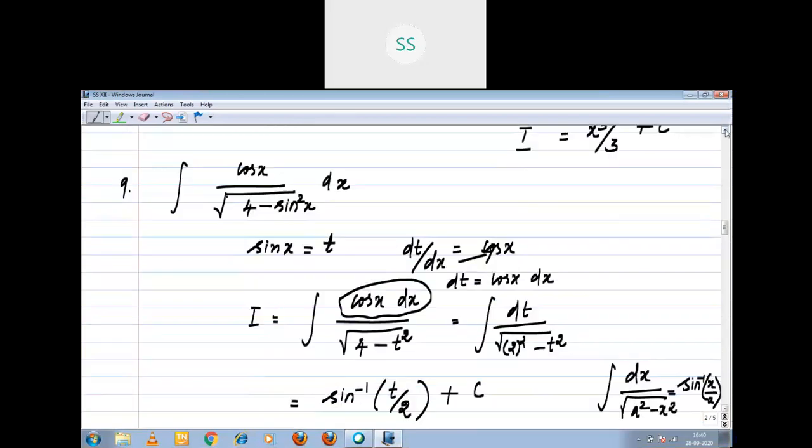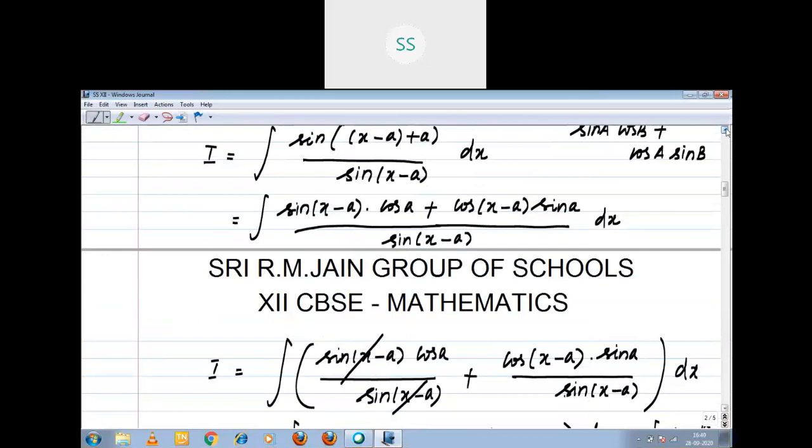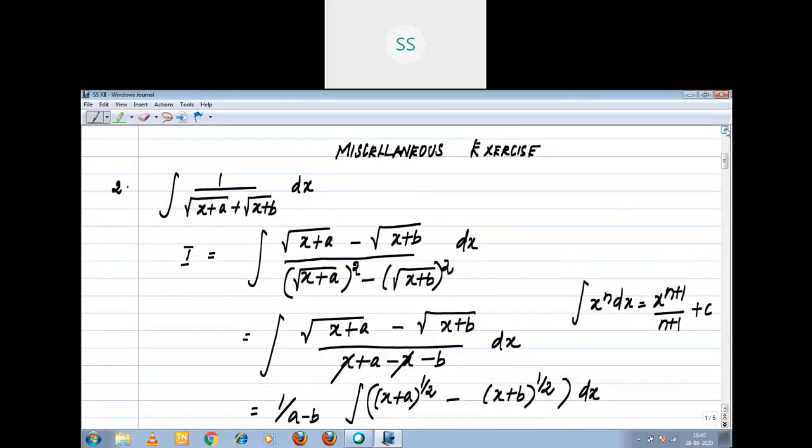Again, I am going to explain the first question alone. Better I'll explain all the things. See, this is your integral. The given integrand we cannot integrate directly. So we multiply both numerator and denominator by the conjugate. Once you multiply and divide by the conjugate, you will get the simplest form. If you arrive at the simplest form, you can integrate easily.